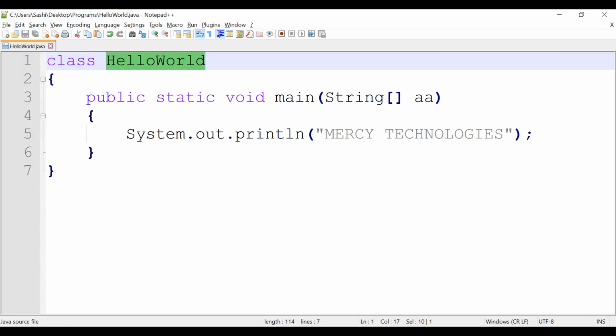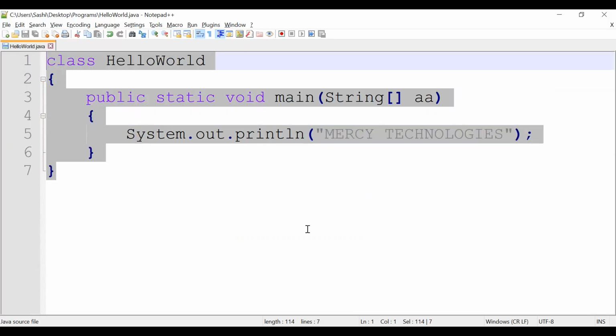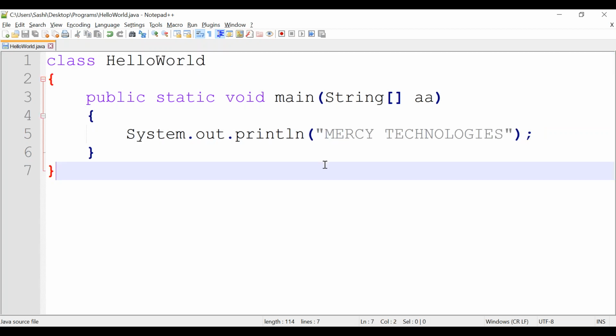While you are running this class, the complete class is loaded into stack memory. Who is responsible? The Java Virtual Machine, which comes into the picture when we are running a Java application.